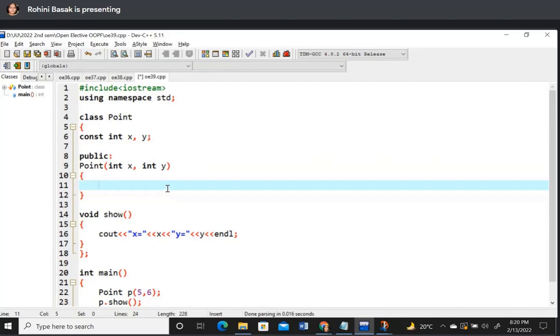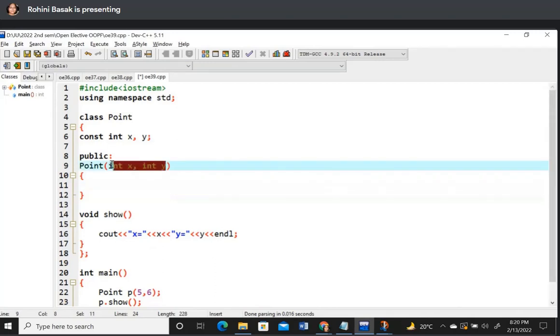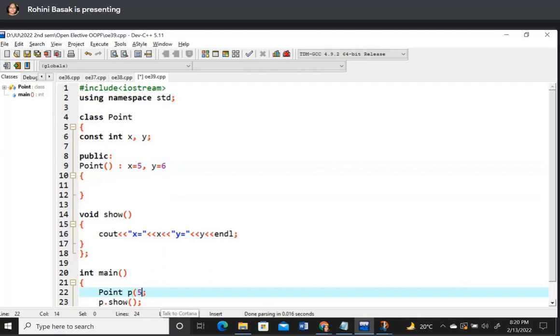So how to initialize the constant member variables? ধরে নে আমার এখানে কোনো প্যারামিটারস আমি দিইনি, এরপরে একটা সিঙ্গেল কোলন, ডাবল কোলন না কিন্তু সিঙ্গেল কোলন, তারপর ধর আমি দিলাম x is equal to 5 আর y is equal to 6. এরকম যদি করি, তাহলে we cannot provide any value since it is a default constructor. এবারে দেখ কি হচ্ছে,